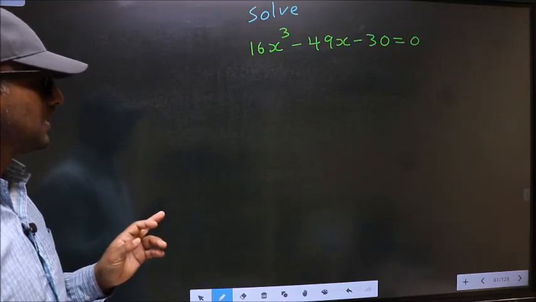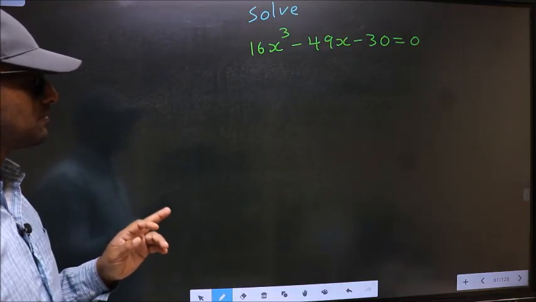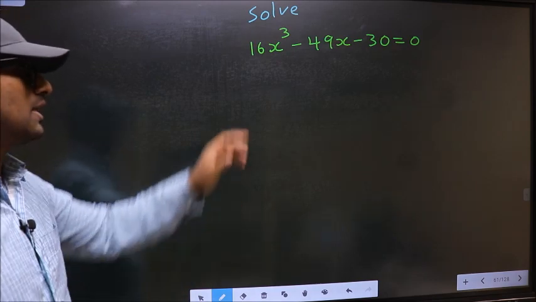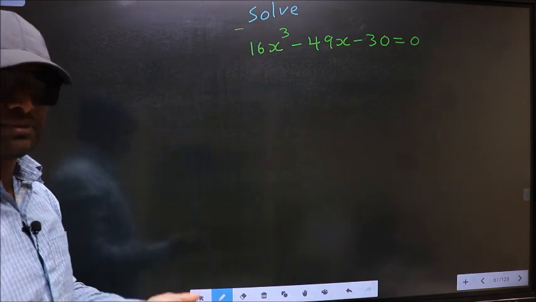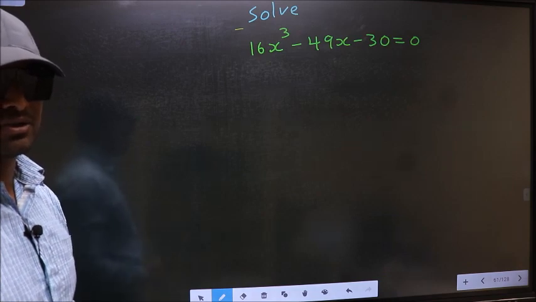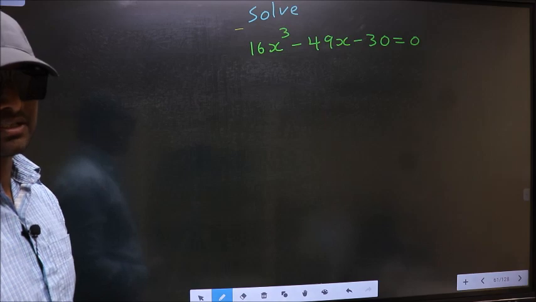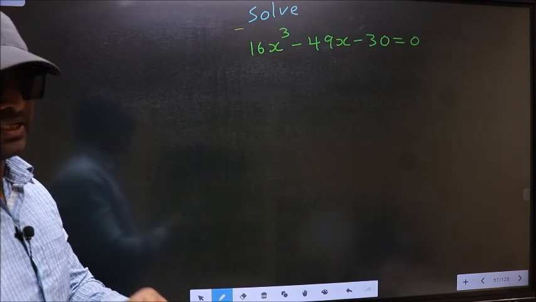Solve 16x cube minus 49x minus 30 equal to 0. Here they told us to solve, which means we should get the values of x. For that, here we have to change the x term. What I mean is, see,